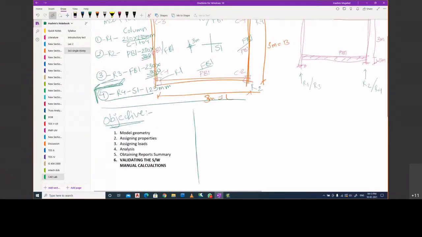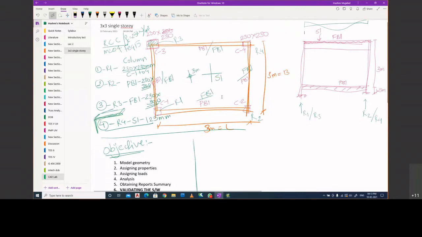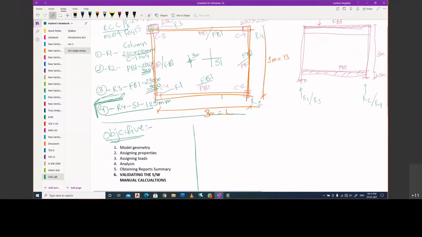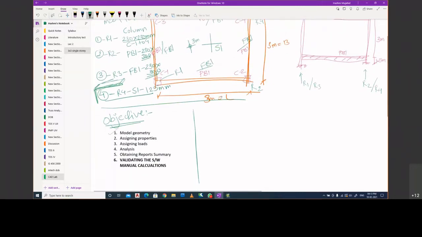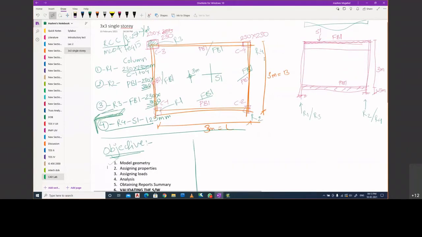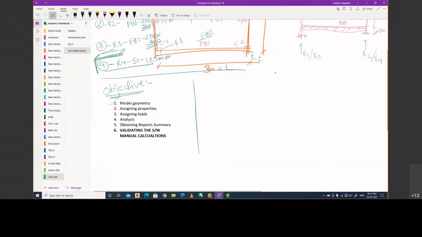So first things first, let us try to learn how we can model the geometry. We have this frame, we know the dimensions, and let us see how we can create this. For that, let me explain. In StatPro, you have X and Z axis in plan.